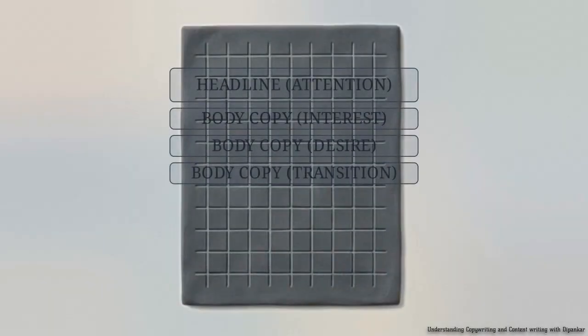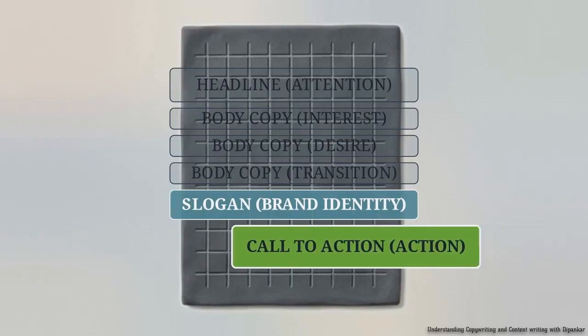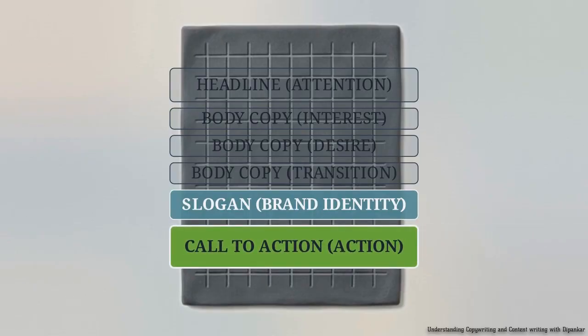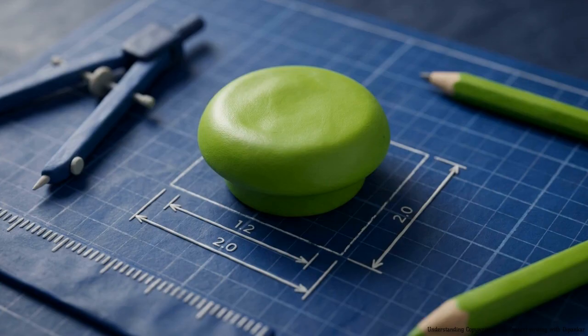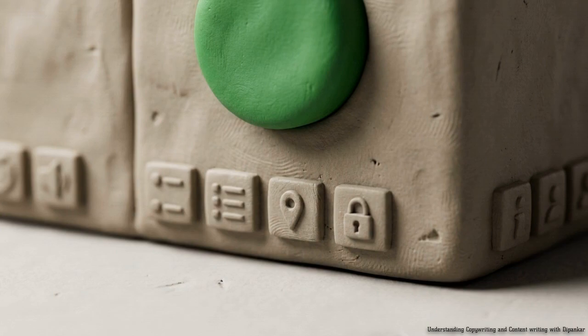Now we channel that desire into step 5, adding a slogan for brand identity and a call to action, which gives the user explicit instructions on what to do next. The rule here is strict. Use strong action verbs emphasizing the value the user gains, rather than the effort they have to expend. Claim your free audit works far better than submit form. We also anchor the bottom of the ad with mandatory information, like legal disclosures, physical addresses, and logos, to ensure transparency and establish immediate trust.